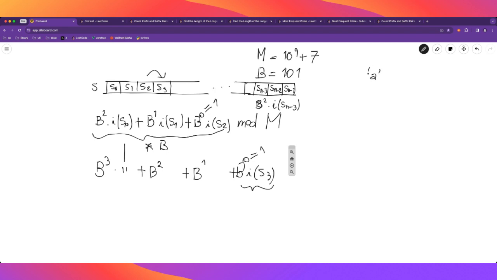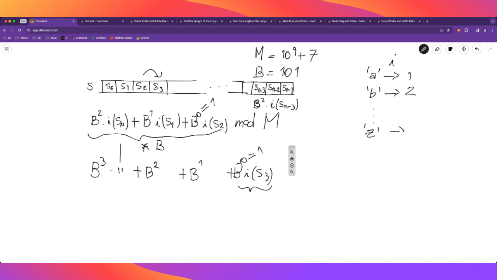So we get a and we translate it to a number. Let's say it's 1, then b to 2, and so on. This is the function I that I'm referring to. So every letter maps to some number. And notice that I'm starting from 1. This is important, instead of 0,